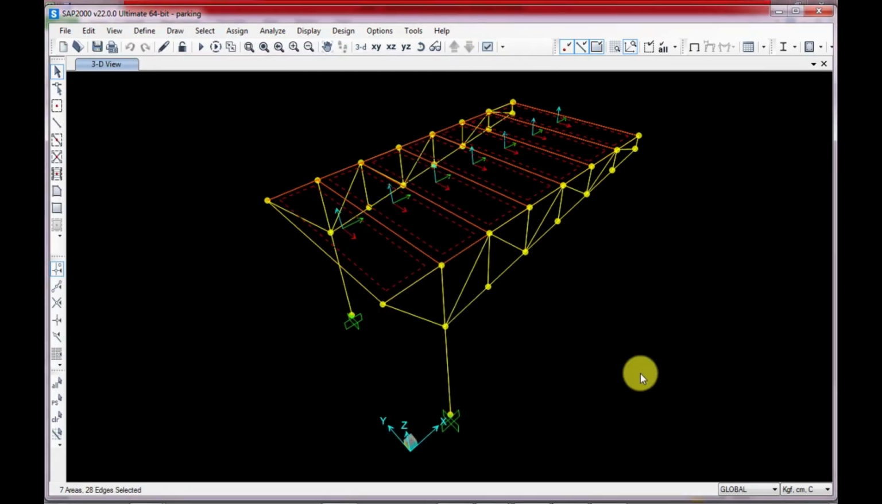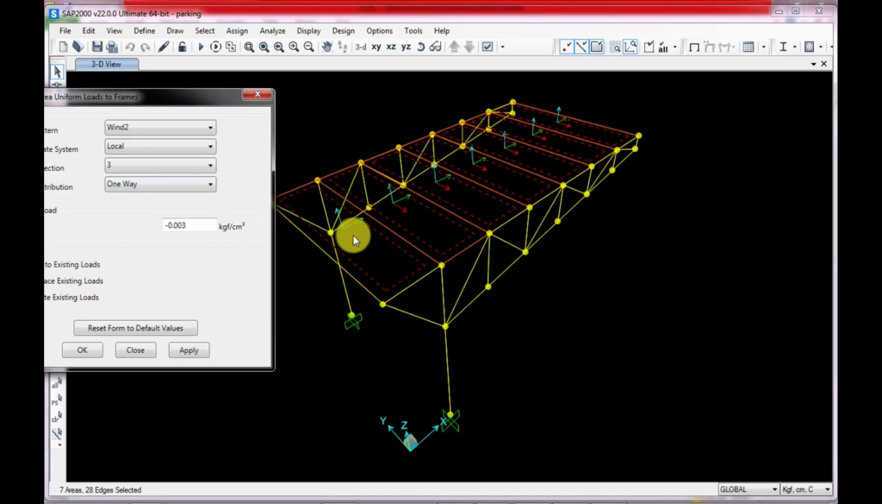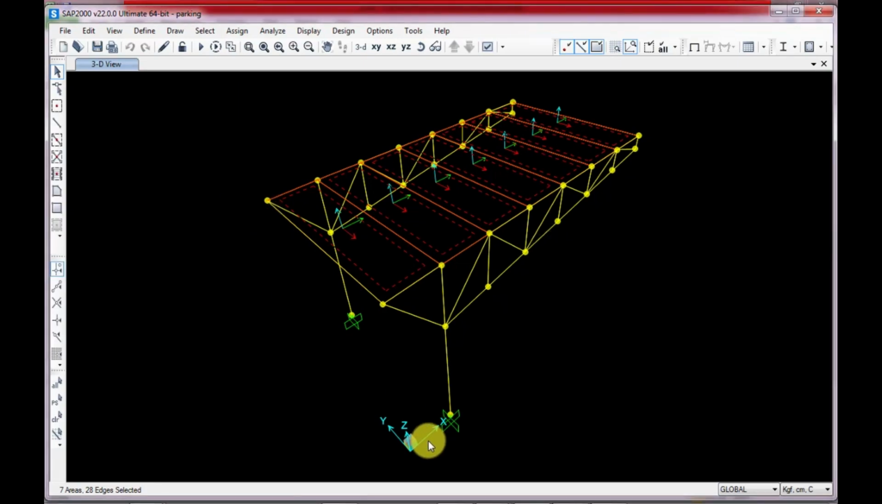The load direction must align properly with the purlins, so we rotate the local axes. Go to Assign, Area, Local Axis, rotate by 90 degrees. This ensures the load is applied perpendicular to the purlins. Now apply wind load. Load pattern equals wind 1. Coordinate system equals local. Load direction equals local 3. Distribution equals one way. Enter the value